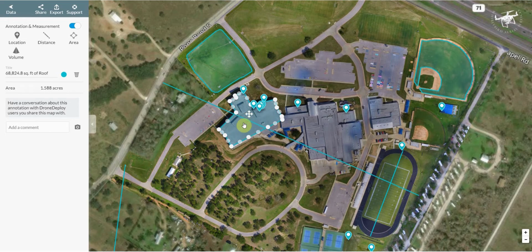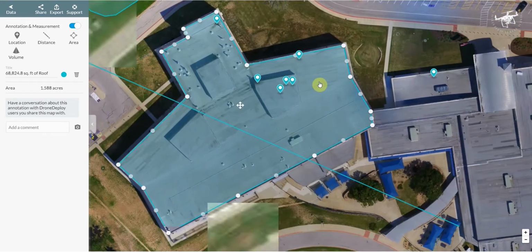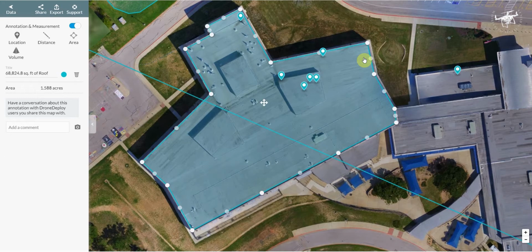Where that comes in handy is you can, with simple Google calculations, go in and type acres to square feet, put in this 1.588 acres, and it'll tell you exactly how many square feet are on top of this building. Why would that be important? Well, it'd be important if they want to replace the roof on this building, and they have contractors come out and say, okay, well, it's this big and we need this much, and they can go to their files and say, okay, well, it was actually